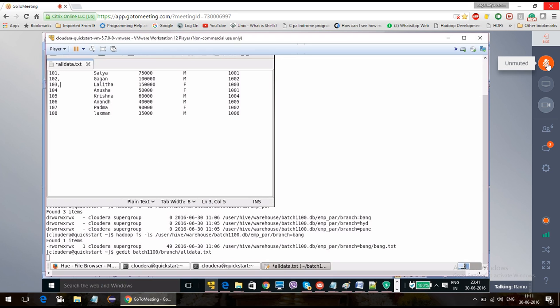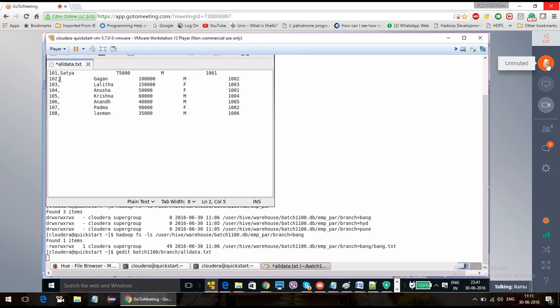I have all my branch details in one file. Previously, based on the file, we could say which data it is.